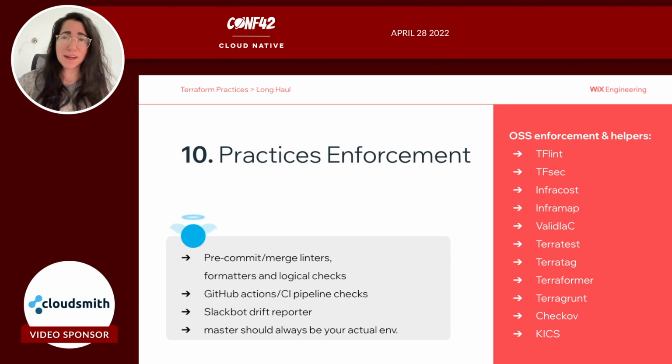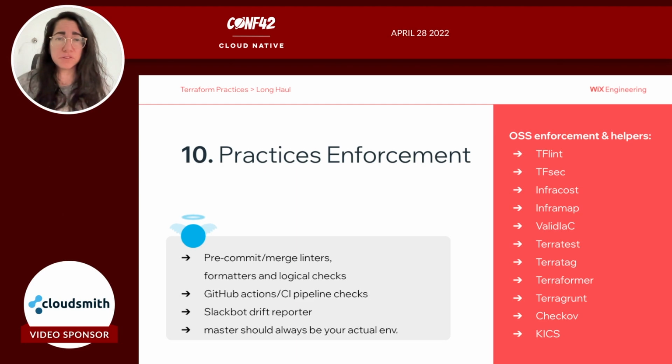I see that everything looks good. And then I do Atlantis apply, because we use Atlantis for the actual run. Atlantis apply does two things. One, it actually merges the code and applies it. That way I know that what applied is what merged to the main branch. This is awesome, and it keeps the situation as it should be. Main is the actual environment.